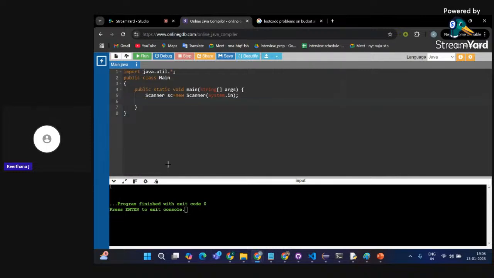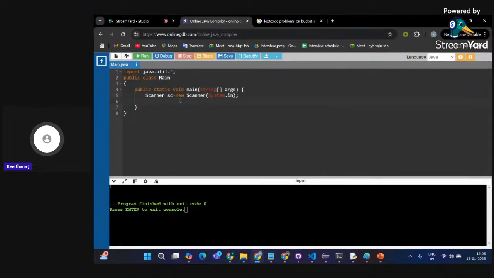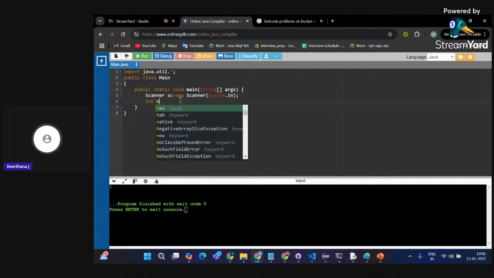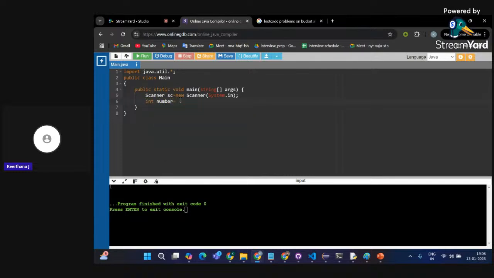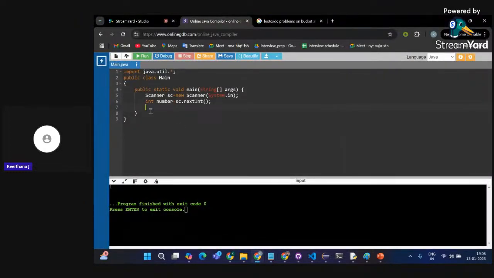Matrix based questions are really very important, and you'll be able to solve them only if you know the concept of nested loops in a very thorough manner, because there are many questions, island based questions and all, that we have. I'll be letting you know more on that. I'm going to ask the user how many stars; if they enter 3, we give a pattern like this, and if they enter 4, you are supposed to give a pattern like this. First I'll write my logic and then I'll explain it.